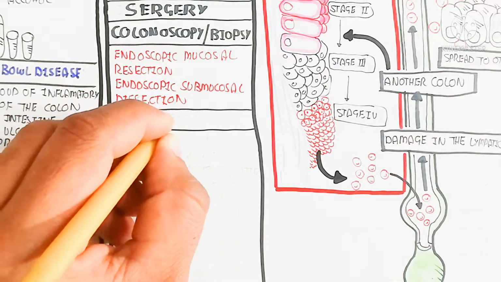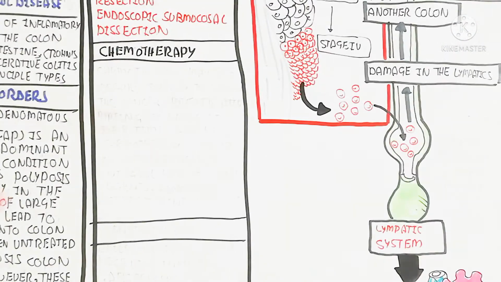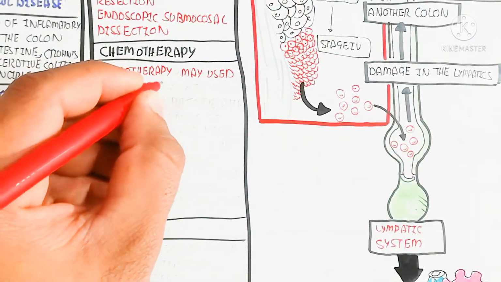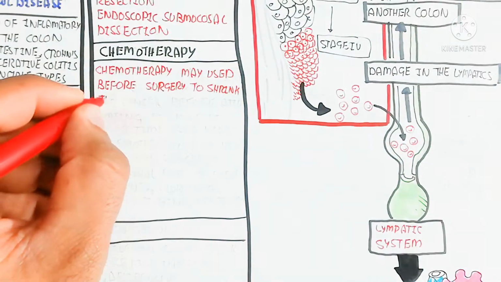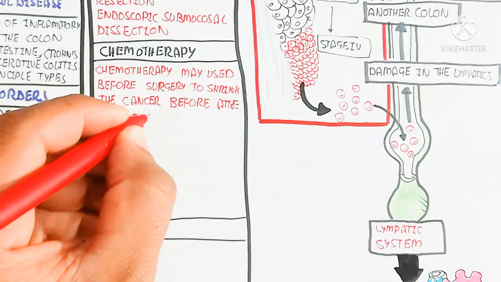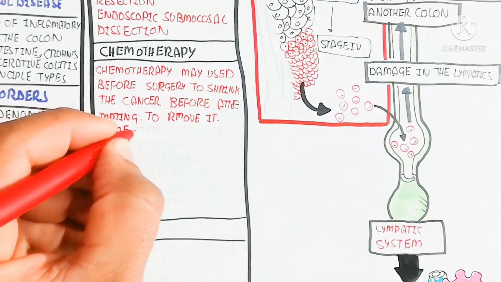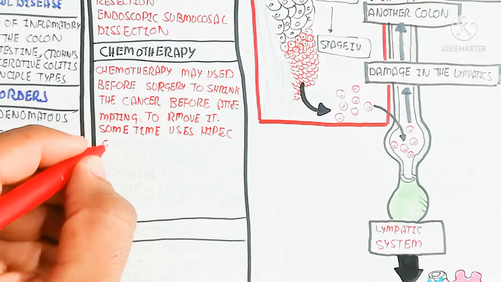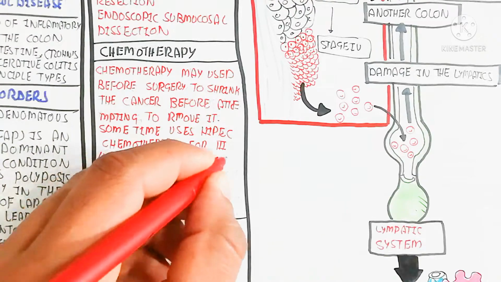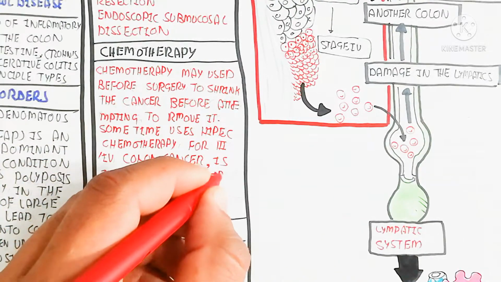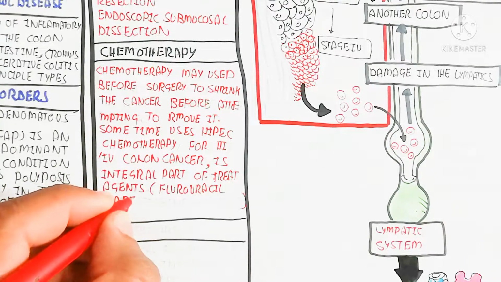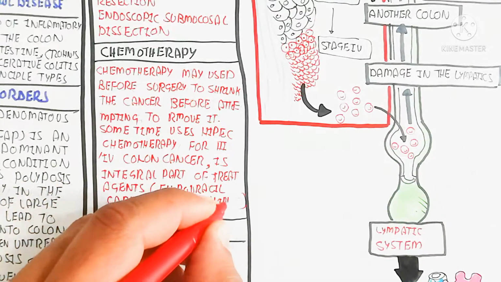Chemotherapy may be used before surgery to shrink the cancer before attempting to remove it. So the chemotherapeutic agent will be used for shrinking of the cancer site, and chemotherapy for stage 3 and 4 colon cancer is used and is an integral part of treatment. The agents for this are fluorouracil and capecitabine and